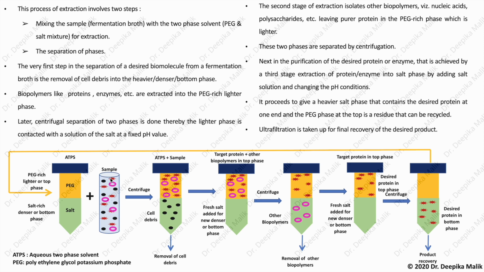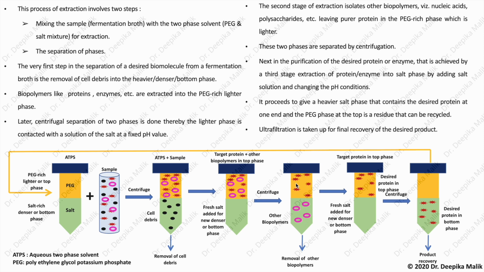When this sample is mixed with a two-phase aqueous system containing polyethylene glycol and salt solution, it is observed that cell debris will settle in the denser or bottom phase of the tube. The top or lighter phase contains biopolymers and proteins, which are shifted to yet another tube containing a fresh salt-rich bottom. After centrifugation is carried out, we can see the biopolymers now settle at the bottom